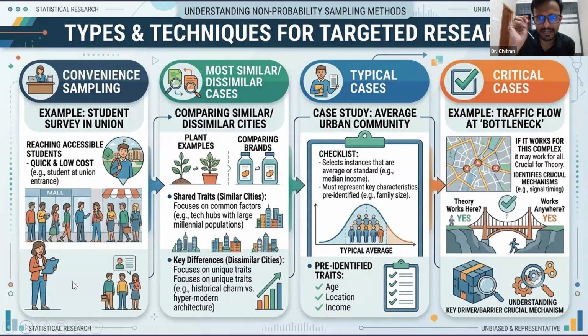And critical cases are also connected: you use a theory on a field, and if it works there, you assume it works everywhere. For instance, poverty leads to poor health is a theory, and you use it in Dharavi and assume that it can be applied everywhere else. I'm just giving an example. So in that sense, non-probability sampling is more connected to the convenience aspect, which may lead to bias. That is what many of the people who worked on this say, about which I also have certain reservations. So you can move to the next slide.